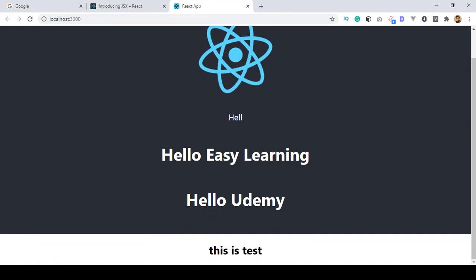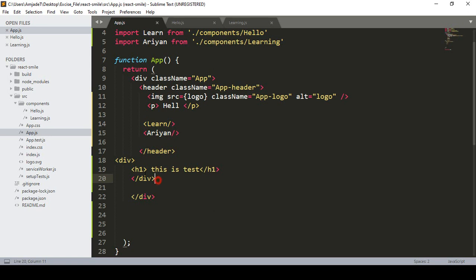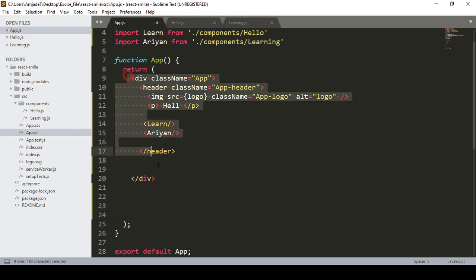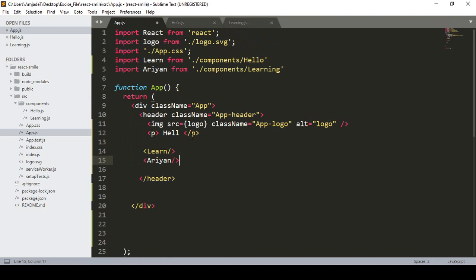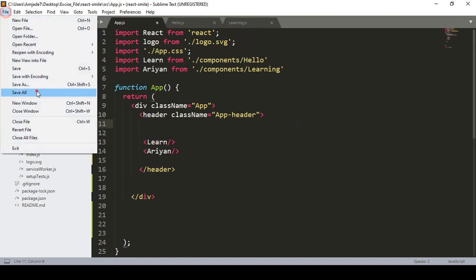So I think you can understand that concept. Whatever you have to do, you have to add it in this particular div area. Also you can use HTML code and the p tag, everything is supported by this JSX, that means JavaScript XML. With this, you can add HTML code in our JS area, right? So it's now perfectly working. Right now I don't need this, so I just remove both of these, click save all,